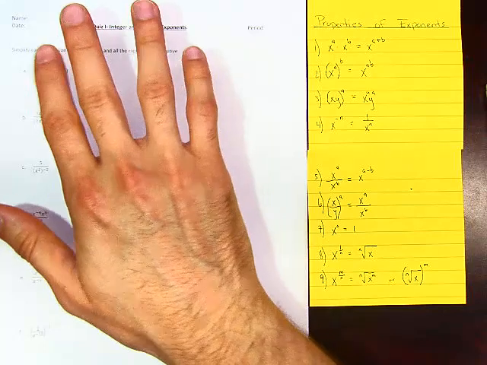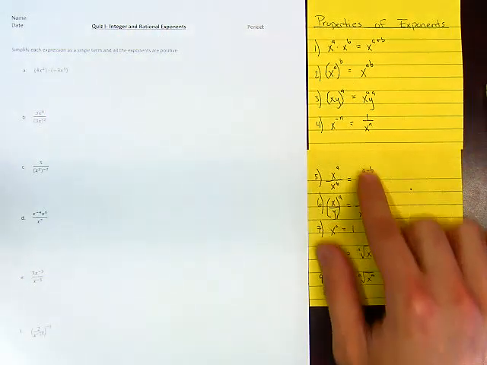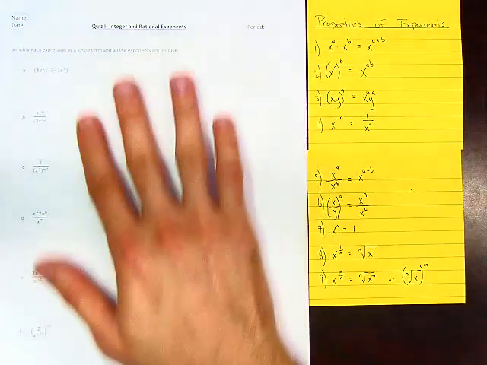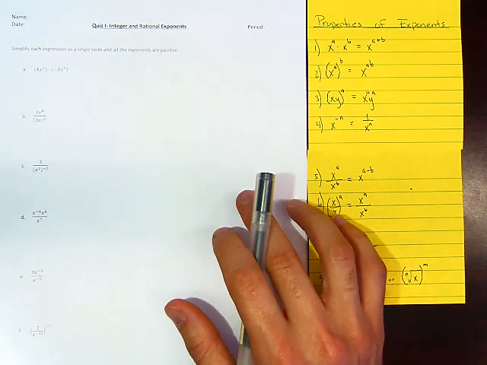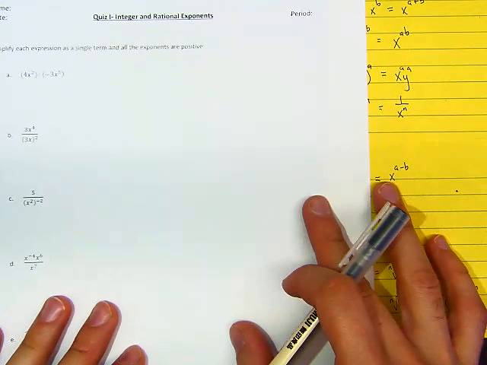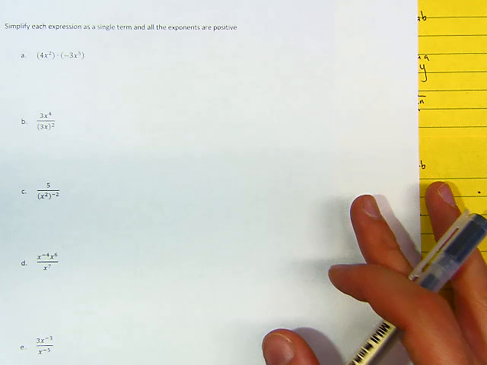Here is the worksheet and the questions that you have. And here are the rules and the properties that we're going to follow as we solve these problems. So just make sure we go step by step and take your time, all right? So let's try and do the first one. Let's see what happens. I'm going to zoom in a little bit. All right, so for the first one it says